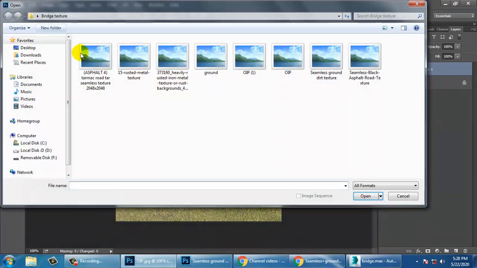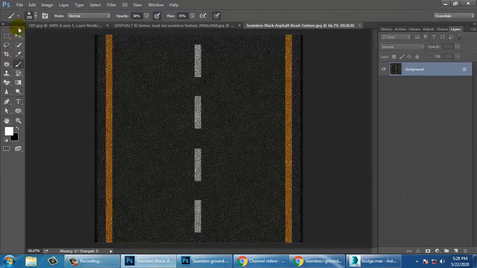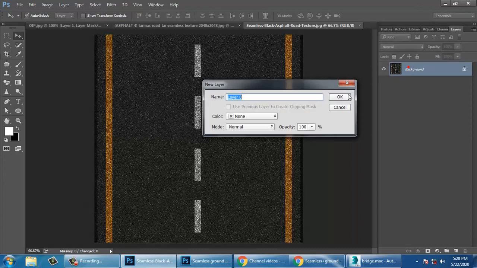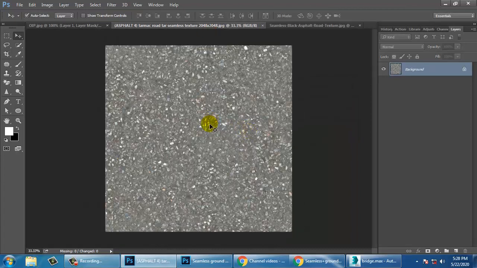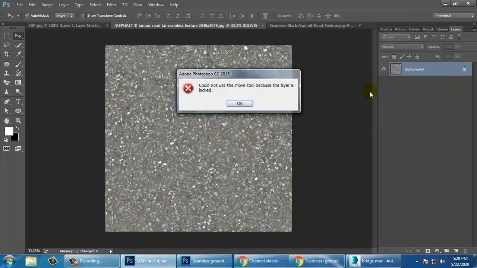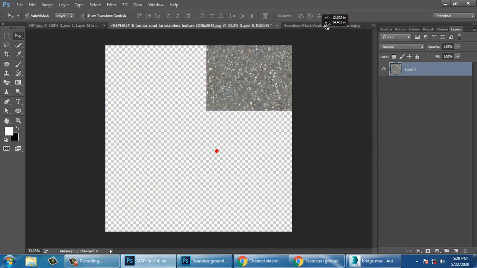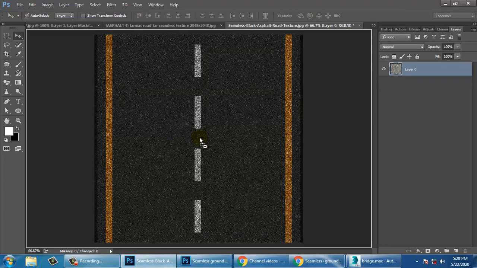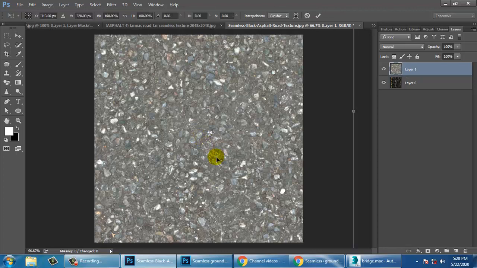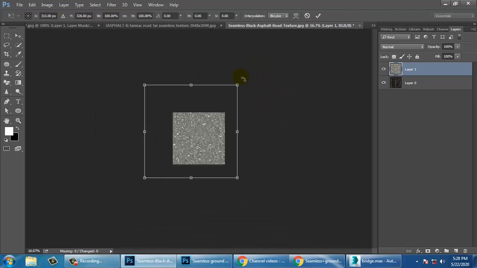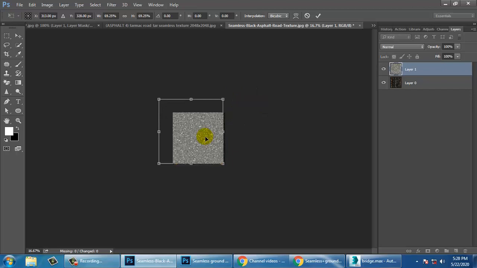Let's go into open and let's take these two textures over here and assign this texture over here. It's a big texture, so let's make it a bit smaller.